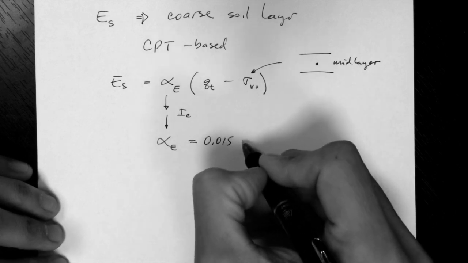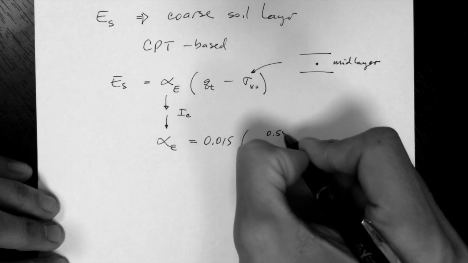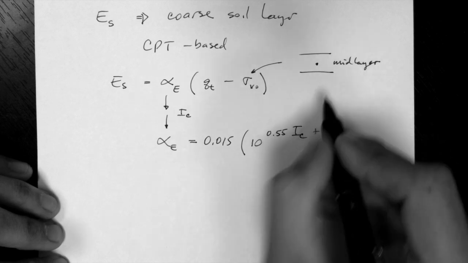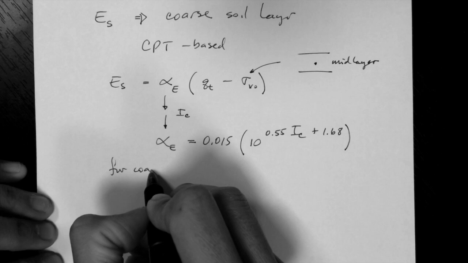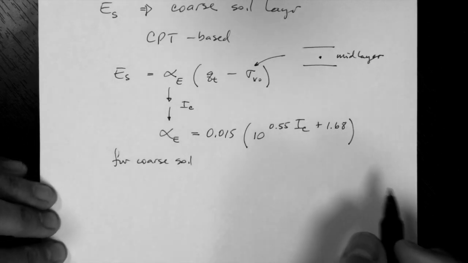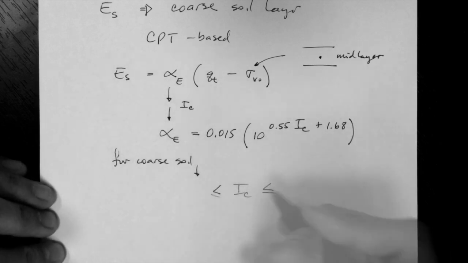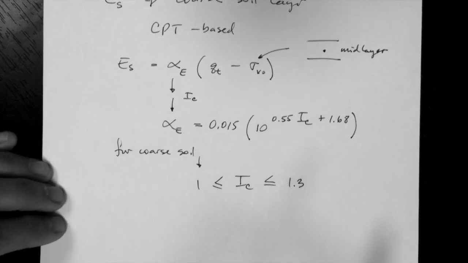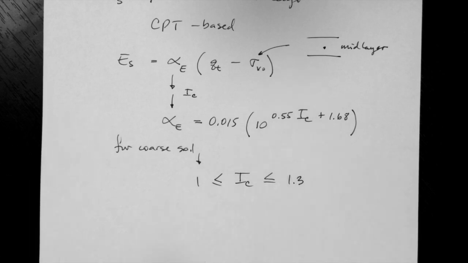0.015 times 10 to the following exponent, 0.55 IC plus 1.68. This entire thing is the exponent. For coarse soil, sand and gravel, we could recognize that the IC ranges, let's say, between 1 and 1.3. Now, others may have a different selection of this range here, but I think this is reasonable for our approximation